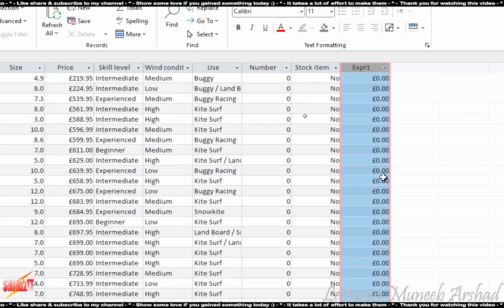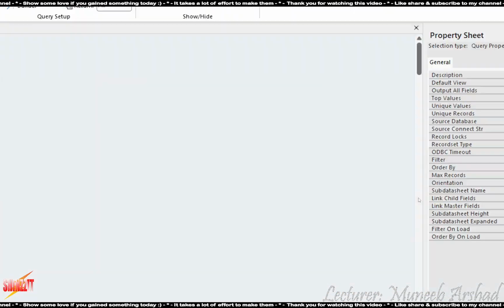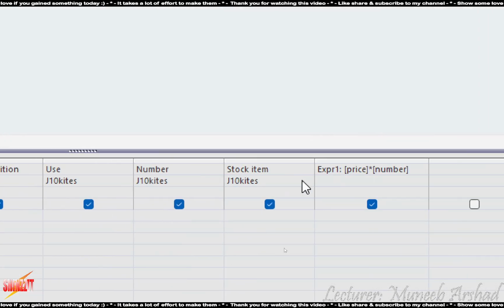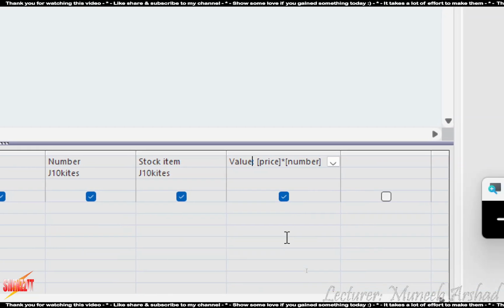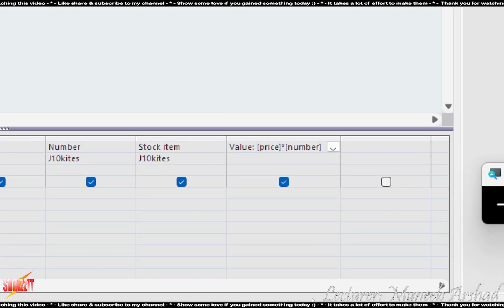ठीक है, ऑपरेशन अप्लाई हो रहा है. All I need to change is the name of this field. So come back very carefully, just select EXPR1 and nothing else. Even the colon stays. Type in Value. The name of the field over here needs to be case sensitive because this is how exactly they want the name of the field. V needs to be capital.